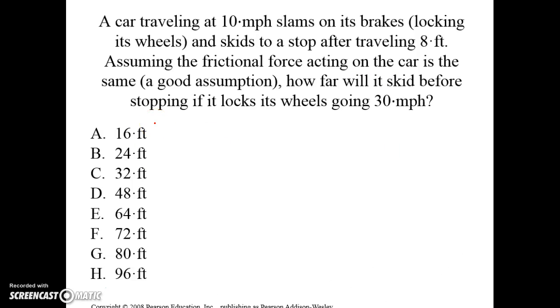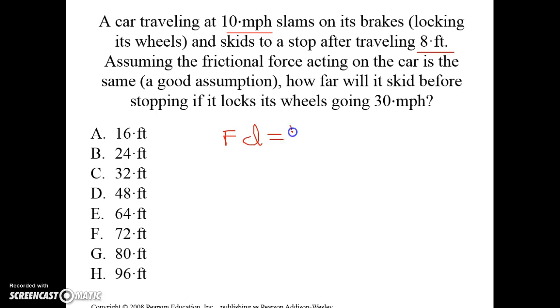Here's one: a car traveling at 10 miles per hour slams on its brake and skids to a stop after traveling 8 feet. So 10 miles per hour, 8 feet is how much distance I need. Assume the frictional force acting in the car is the same. How far will it skid before stopping if it locks its wheels going 30 miles per hour? So this is that